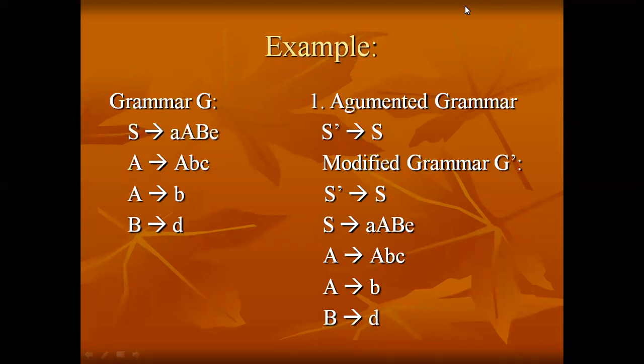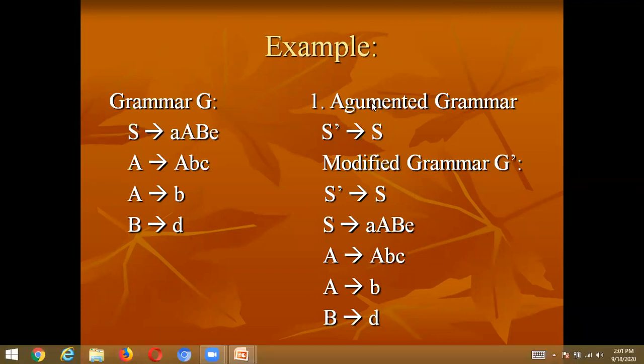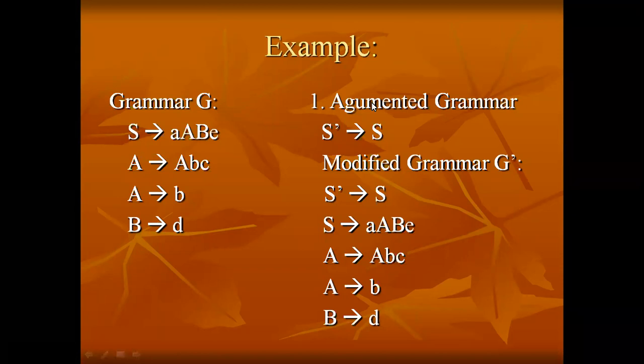That means after constructing the closure of I, we construct the goto function, right? Step number 3 is finding the first and follow functions for the given grammar, and representing the first and follow table. And from the table and from the computations we did, the closure of I and the goto function, we take the outputs and construct the parsing table. That's the fourth step. Construction of the parsing table is the fourth step. These are the four main important steps to construct the SLR parser.